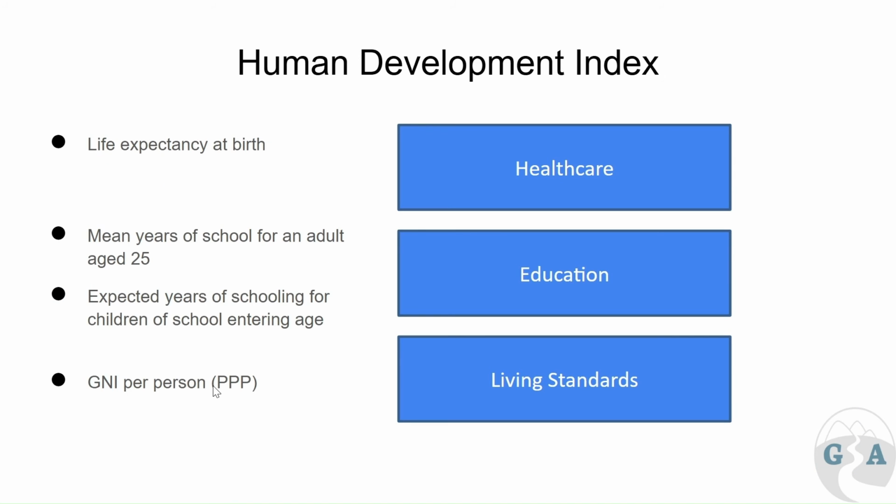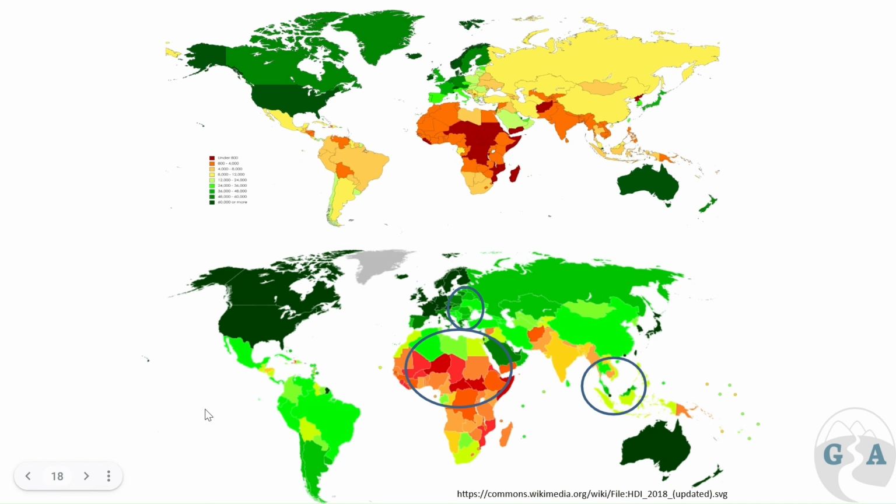This development index is another good indicator which combines education, life expectancy, and GNI per person, showing the difference between healthcare, education, and living standards. That map, if we compare it to GDP, can actually identify a few areas that are more diverse once we start to take other factors like healthcare into consideration over just simply GDP, which is the map above here.